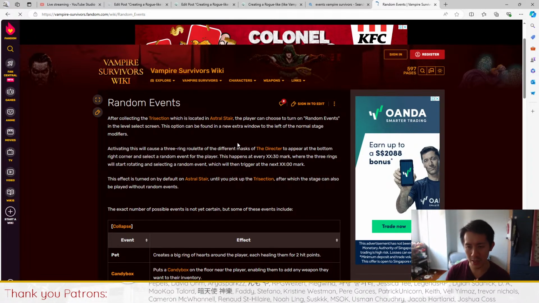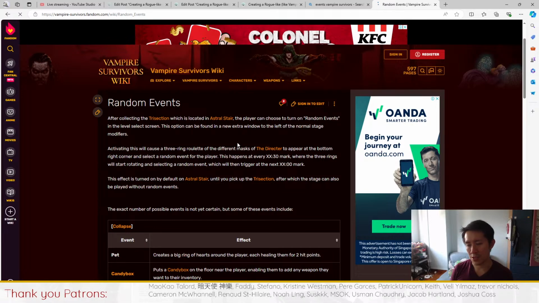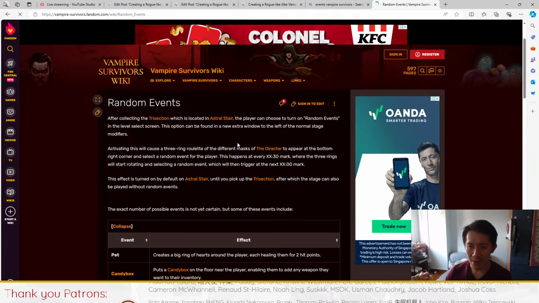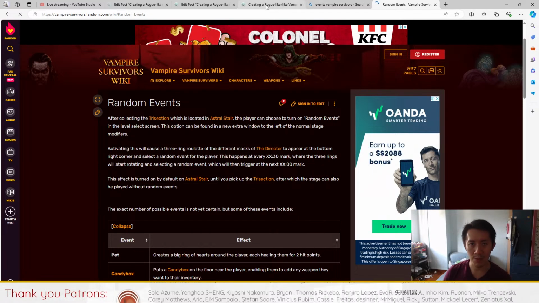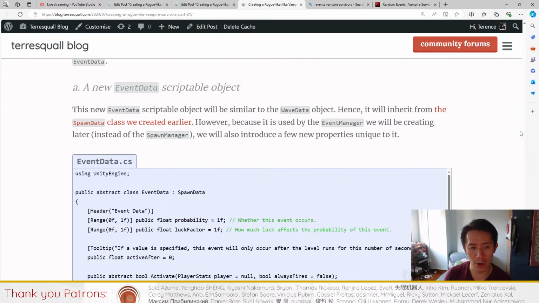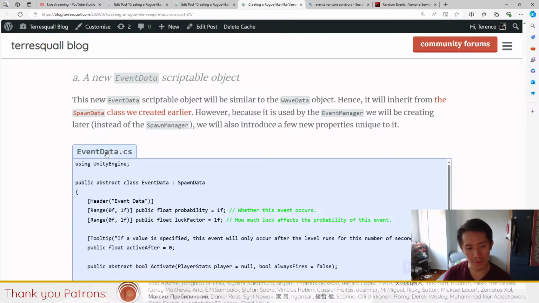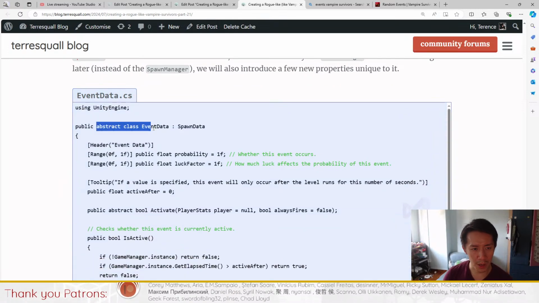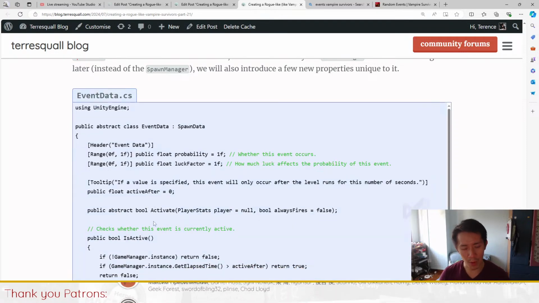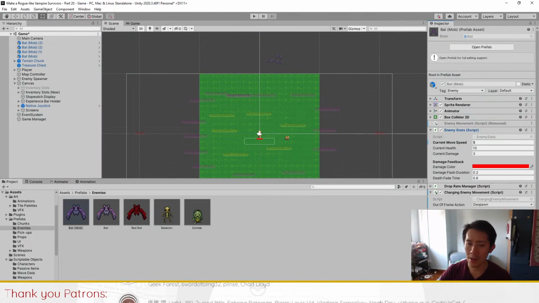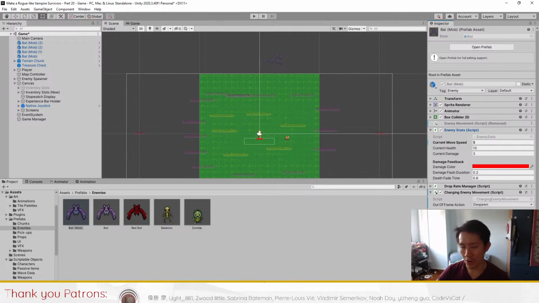Okay, so this is what the event manager is going to do. It's going to randomly pick an event and fire the event every 30 seconds. But for that to happen, we will first have to create a new scriptable object, and I'm going to call this event data. It's going to be abstract as well, and I'm going to explain how this works later on. Okay, we're going to just set up a mob event data that will spawn mobs of bats every 30 seconds